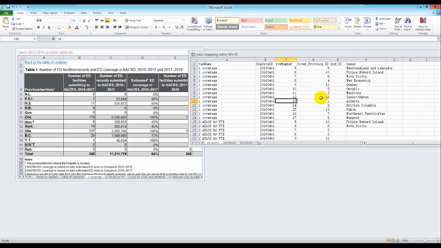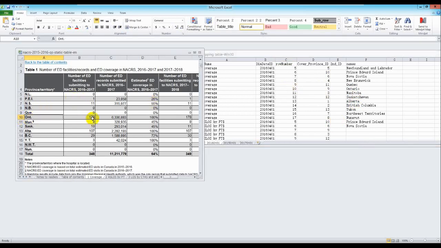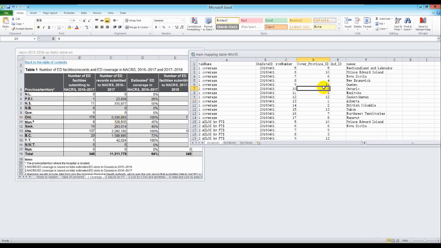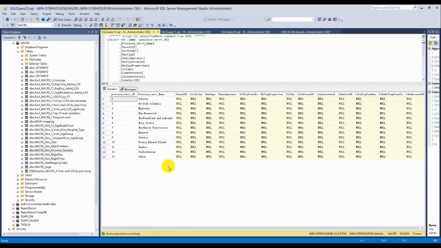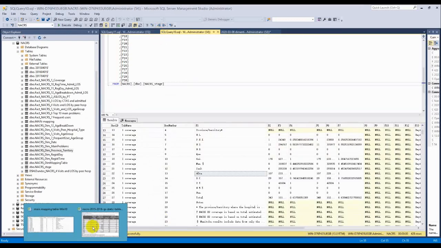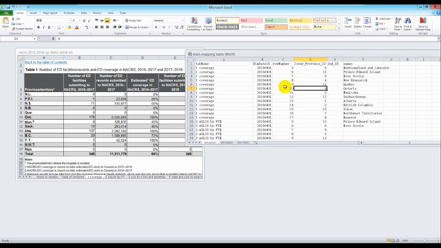I think right now you're already pretty clear about what I mean, right? So just one more example. Ontario is 10 here. In our table it is 9. Ontario is number 9. So now you can see clearly what I mean. This table is clearly linked. This represents the Excel raw data, and this is exactly the dimension